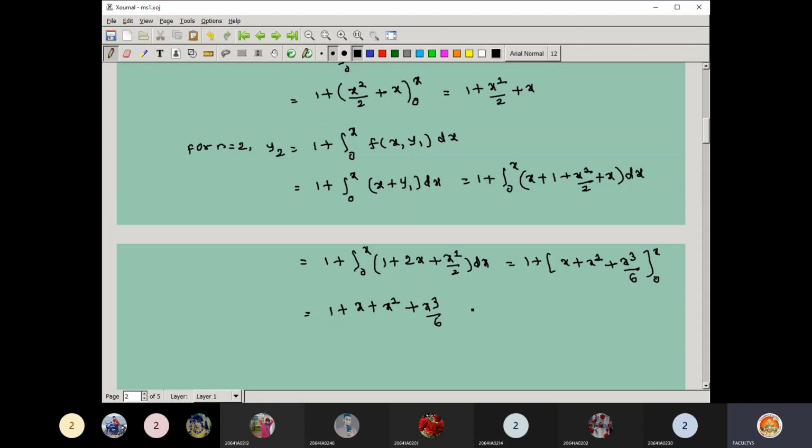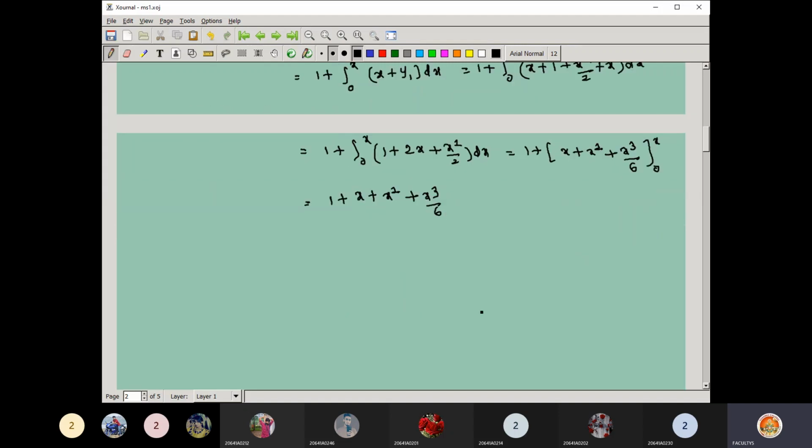Even if you want to calculate the third approximate root, whenever you increase the number of approximate solutions, you are going to get a more accurate solution corresponding to the given problem. But better you try to find out up to 3 times. So I'm just taking n equal to 3. If I write the third approximate root, y3 is equal to, as per the principle, 1 plus integral over x naught, which is 0, to x f of x comma y n minus 1, which is nothing but y2, dx.